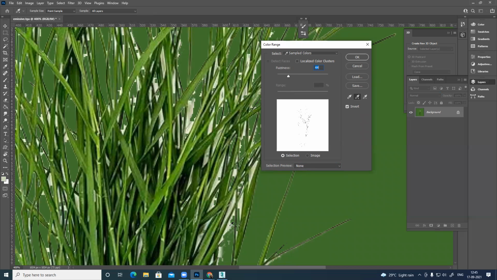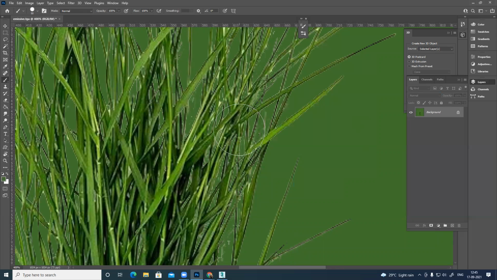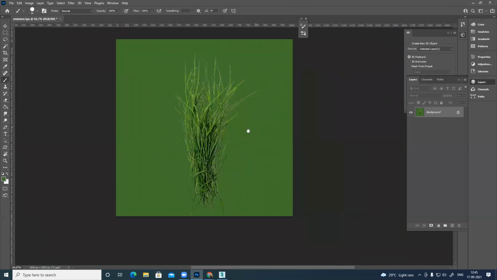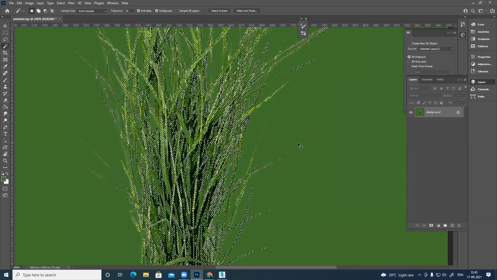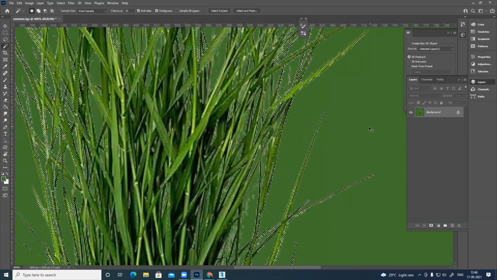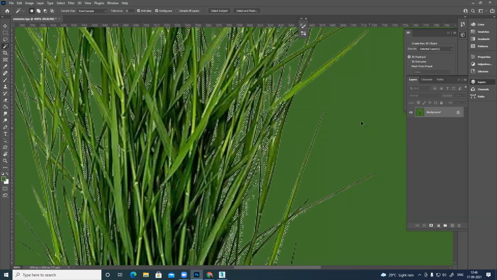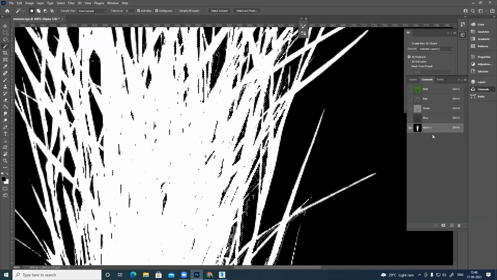Let's see. It's almost selected. Invert. Same green. So almost this thing is selected. Select. The selection I need to add in my alpha as well. Alt Backspace. Multiple times you can do it.